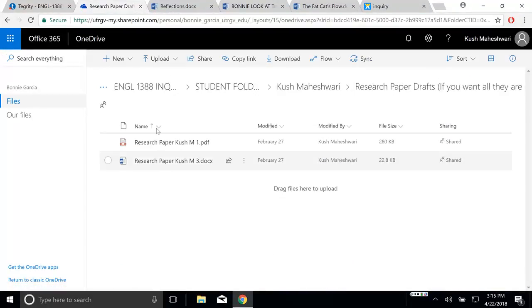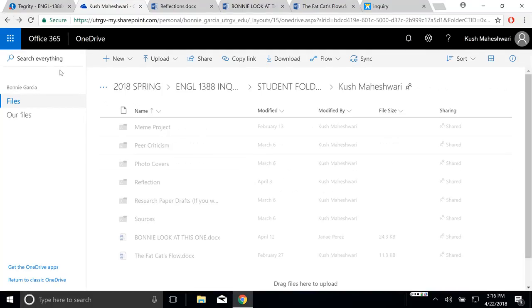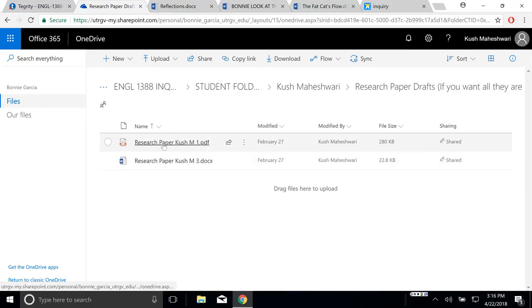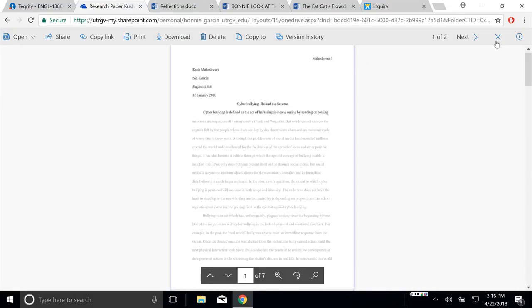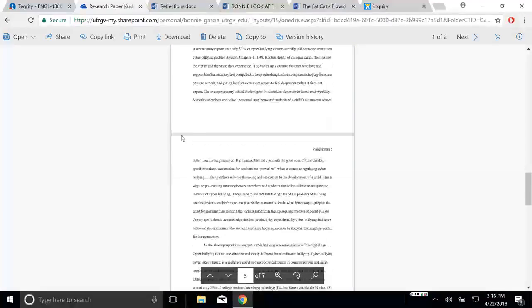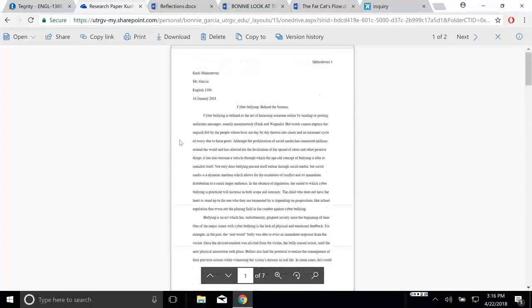And then, okay, so basically these are a couple of drafts I did. What I did is I kept a running draft on my computer. These are just a couple that I've uploaded, but essentially I completely changed part of my essay. I removed a couple of sources. What it was is that I was discussing what cyberbullying is and what the study said and what happened in the past, and then maybe I had a brief paragraph at the end about regulation, and I was like, oh, okay, after Lorena's comment, I started realizing, let me redraft this.